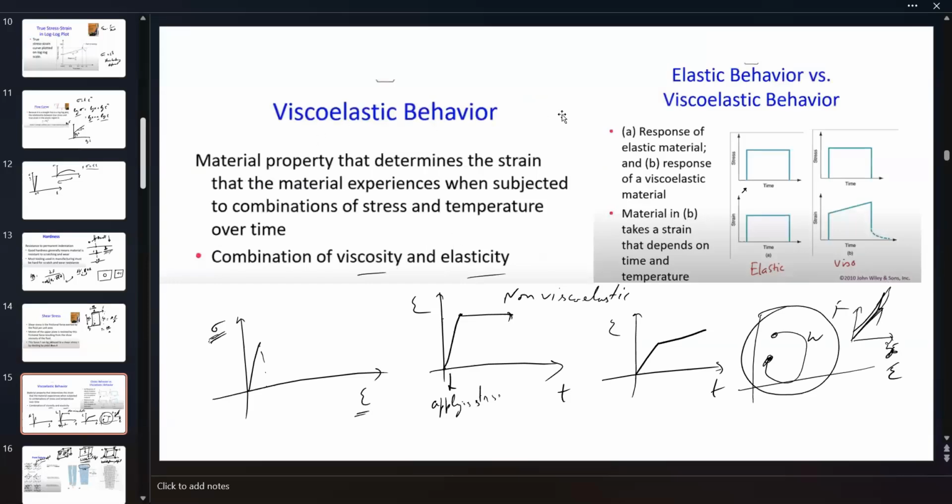Then you have viscoelastic behavior. Viscoelastic behavior is where the material, even under constant stress and temperature, changes its stress strain plot over time. So you're maintaining the same stress level, but your strain is changing. In a normal material, if you apply some stress and you stop at that point, the strain remains in the sample. However, in viscoelastic material,